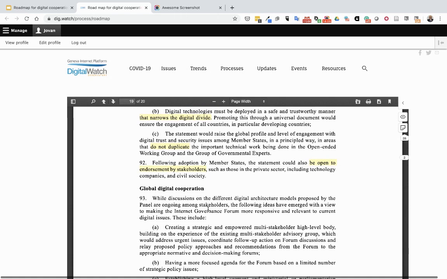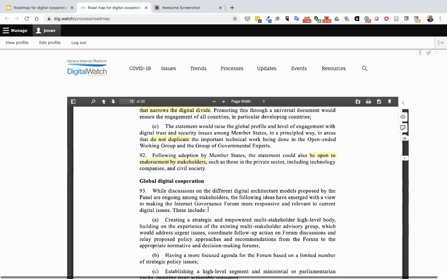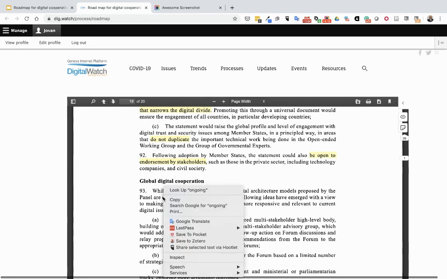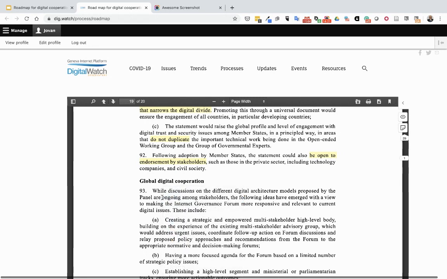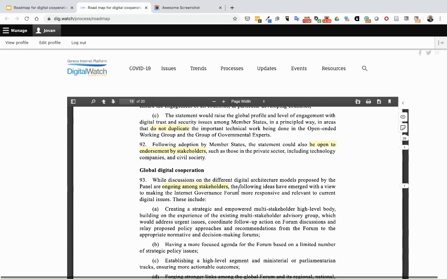In the section on global digital cooperation, or we can call it digital governance, there is a clear indication that there is an ongoing process of consultations among stakeholders. Therefore, the roadmap is coming at the point where it is trying to codify the current level of discussion, but not precluding the outcome of the overall consultations. It is essentially the Secretary General focusing on the Internet Governance Forum, which is